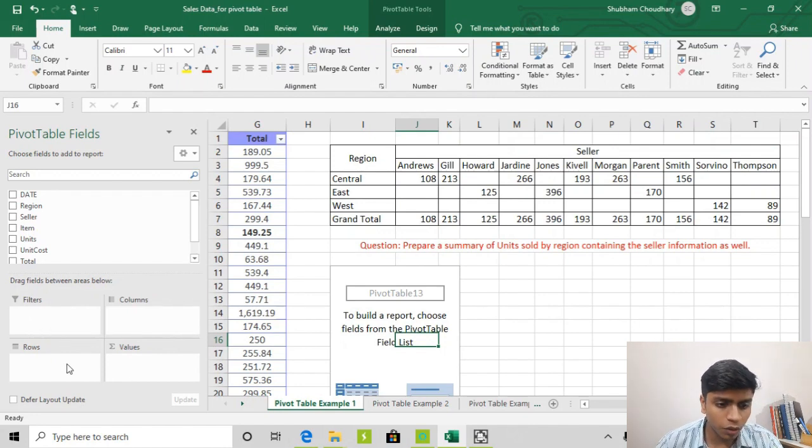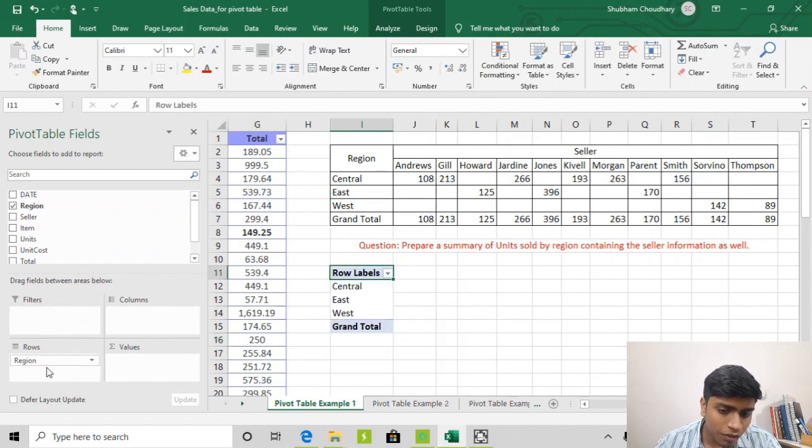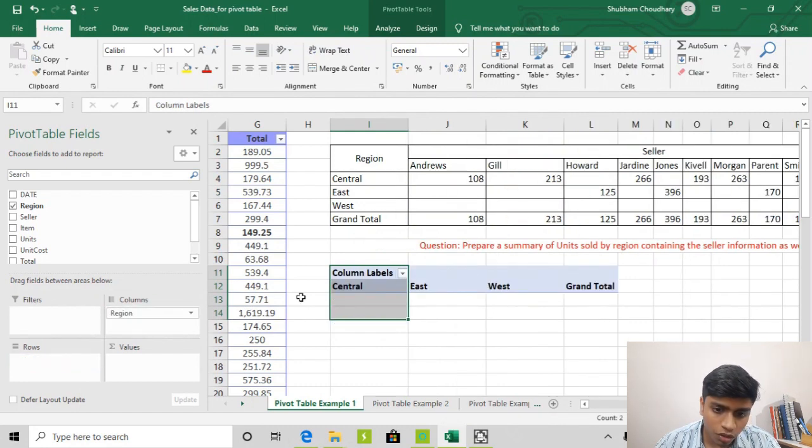If we drag this region into the rows, the summary we get out of it shall have the region in the rows, like what we can see here. If I had dropped this region into the column section, then the region would come into the columns like this.